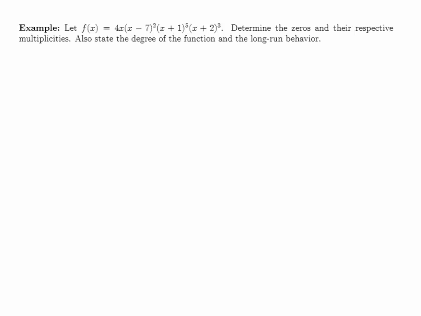In this example, we're given the formula for a polynomial function, and we're asked to determine the zeros and then state the multiplicity of each zero. We're also asked then to state the degree of the function and determine the long-run behavior. So we'll start with the zeros, and